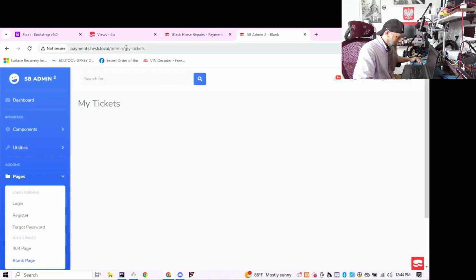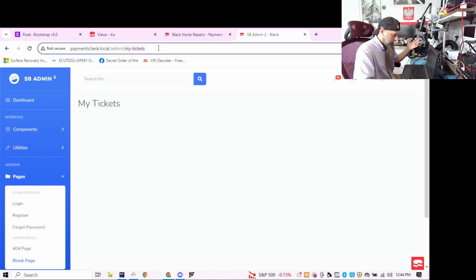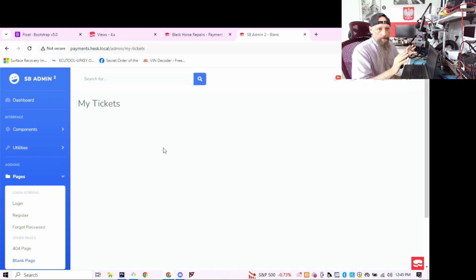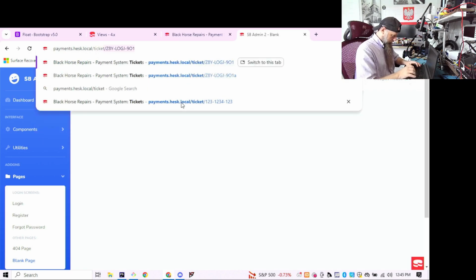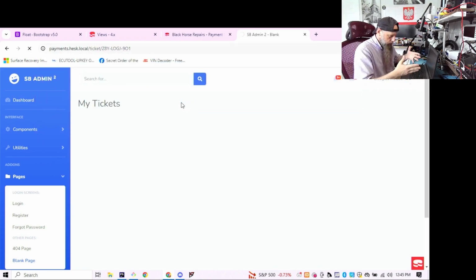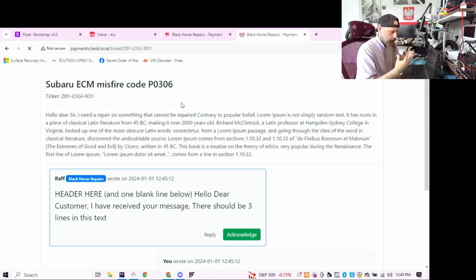What I did off camera: I imported SB Admin, the version where I just pulled all the CSS and JS files and the HTML into the layout, and we have the first page, My Tickets, which uses that. But before we can get there, what I've been working on is the ticket page, meaning after the user submits the ticket,